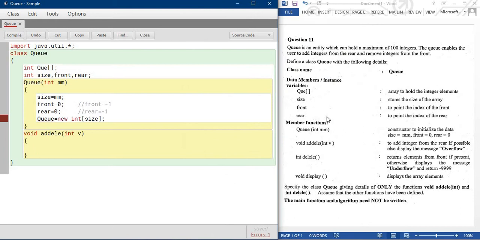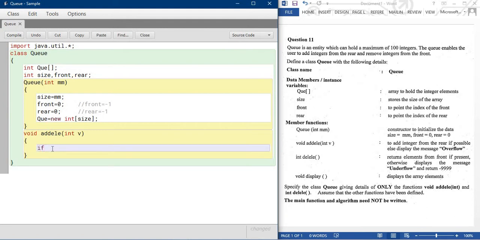Okay. Now you can see in this program I'm telling you front to insert and rear to delete, but in this program the question is confusing you: rear for insert and front for delete. Okay, so don't get confused. You can use any name, because whatever the message is over here, you use rear for the insert and front for the delete. Okay, it depends on the question paper. Okay.